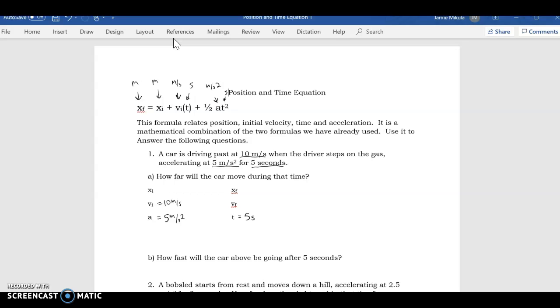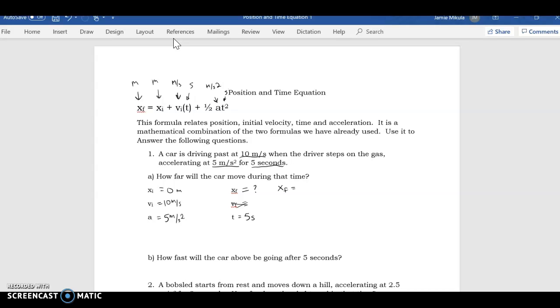All right, how far will the car move during that time? So we want to know his final position. We're going to say his initial position is 0 just to keep it easy. We'll say that's a good starting point would be 0. This we don't need to know. That's not in the formula. Okay, so we're going to do